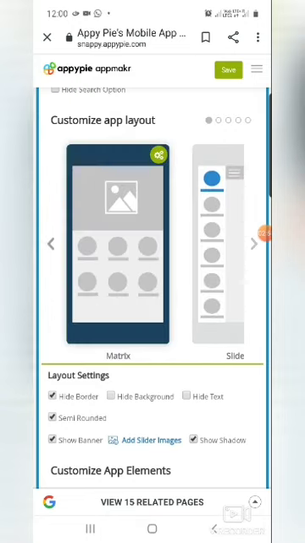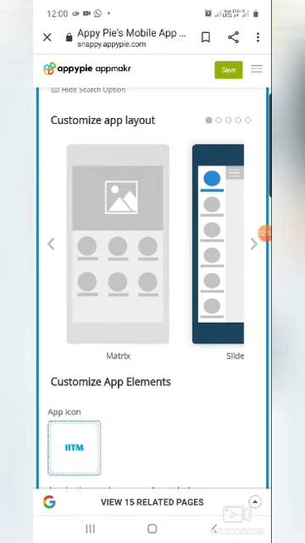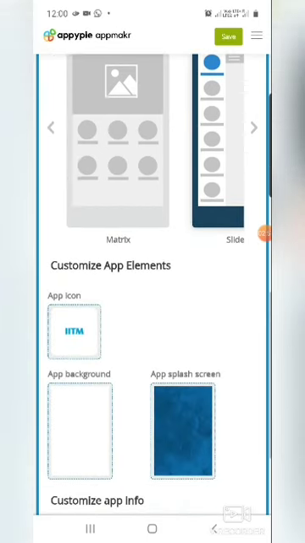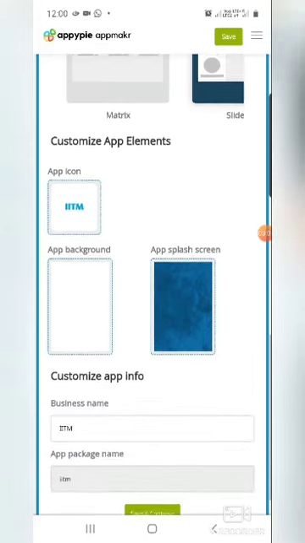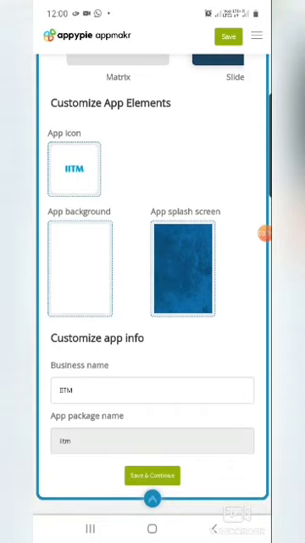So I am selecting the slide one, and then the app icon becomes IITM. If you want to change it, you can use the logo or icon of the college as the app icon, and then you can save and continue.